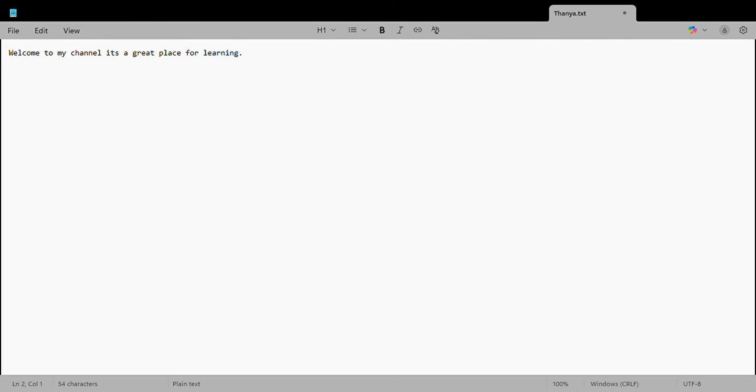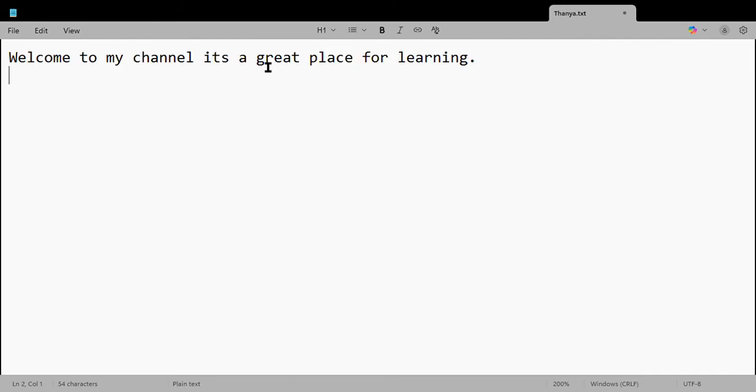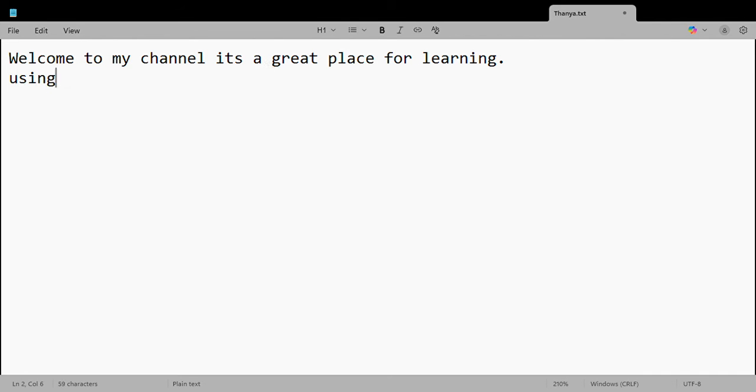Now I am clicking on enter key, so that is the reason it is moving to the next line or the next place, next page also. Using enter key we can go to next page or next line. Of course using tab also we can do this, but for kids, this is the easiest way of making them to learn. Using enter key we can go for a new line.